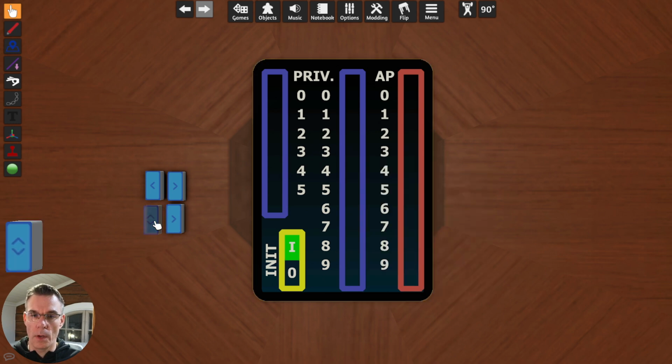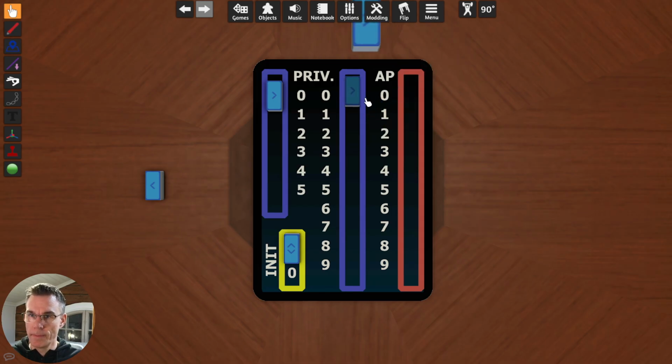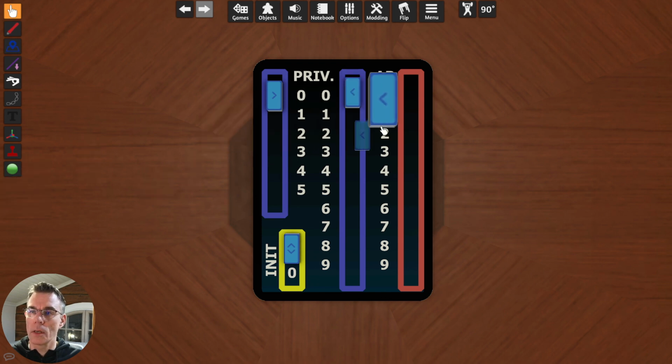And we place our knobs here like so, about in the position where the values are. Okay, so let's rotate this one a bit. Like so, and like so.